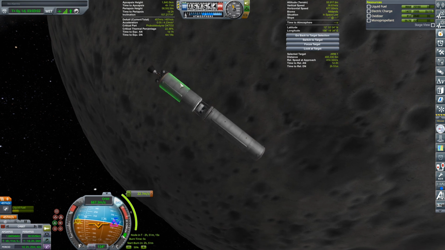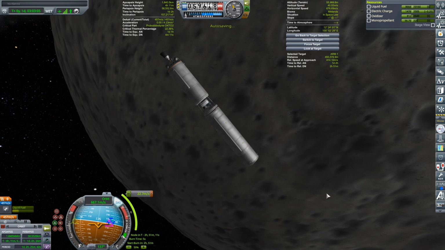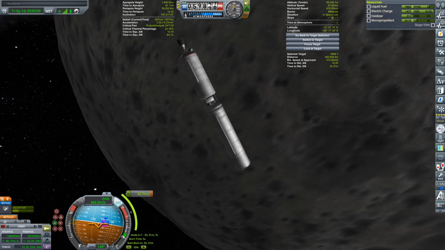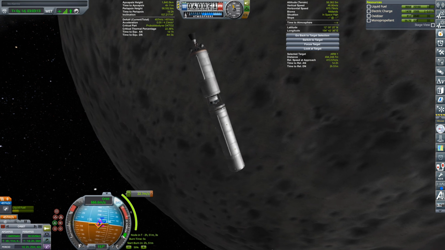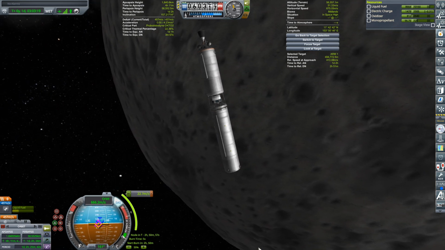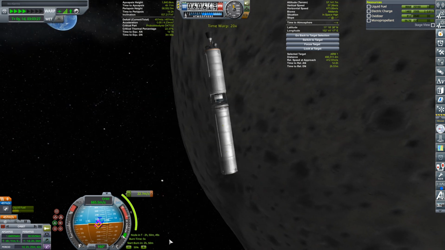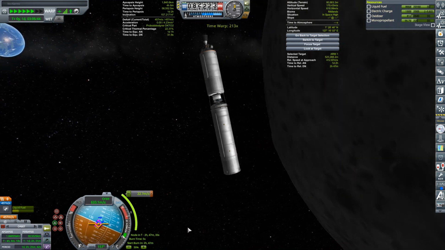So I'm doing this with a lot of efficiency when it comes to the fuel, but not much efficiency when it comes to the monopropellant. I've burned through a lot of it. That is annoying. Do another save here. Okay, I'm gonna time warp manually rather than...